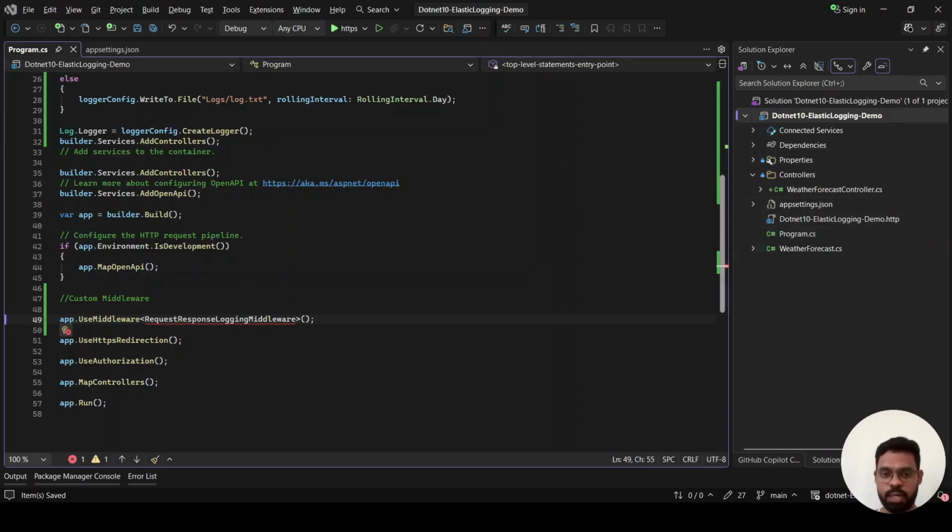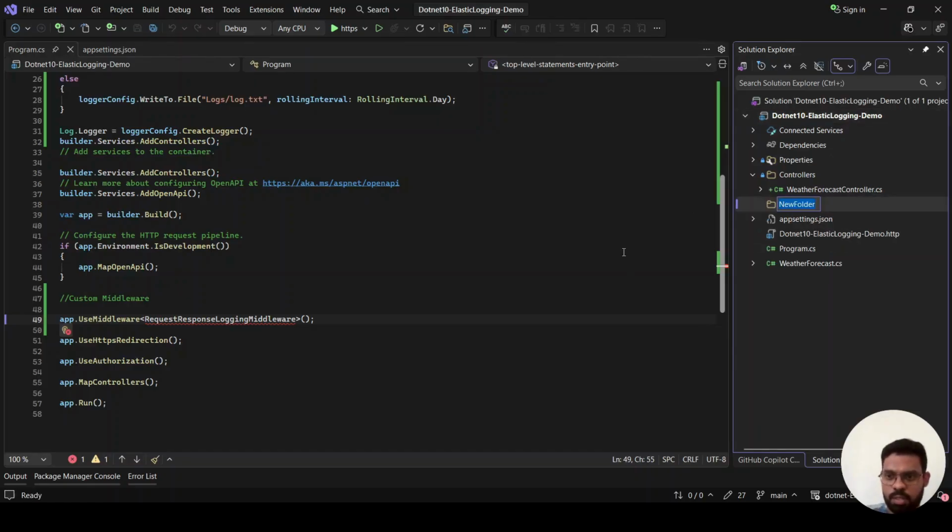Now let's try to create the custom exception. So let's create a new folder here first. That is called exceptions. And inside that exceptions, we'll have to create the classes. So that is called as, let's create